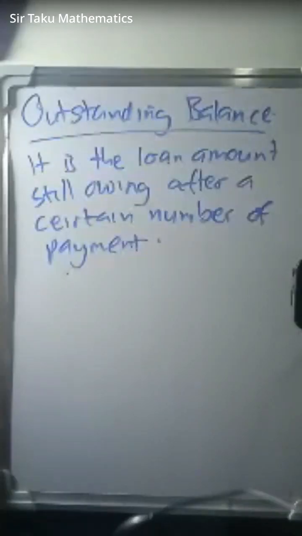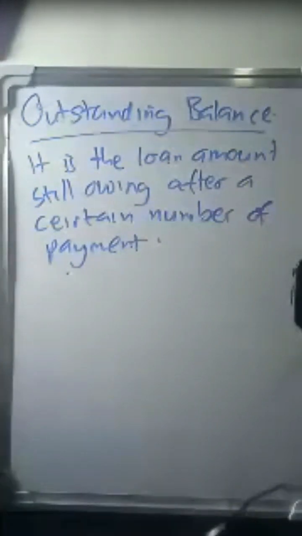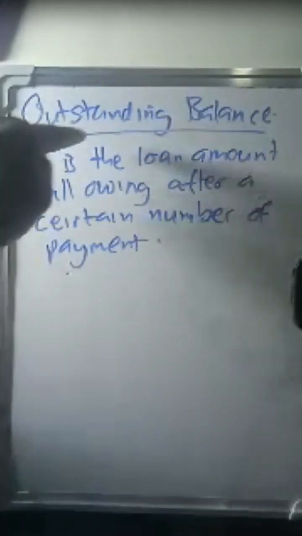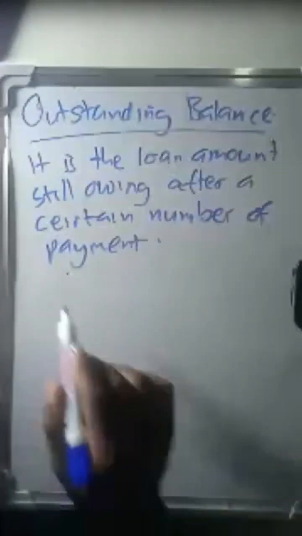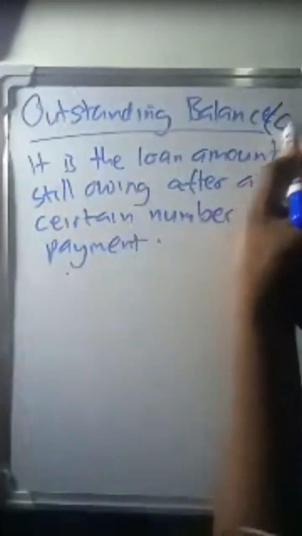Then you've paid after 4 years, you've paid and you want to see how much money am I still owing. You calculate the outstanding balance. So outstanding balance, which is OB